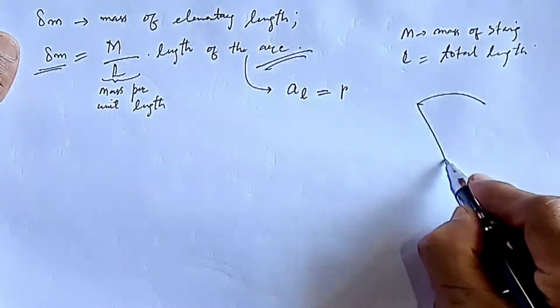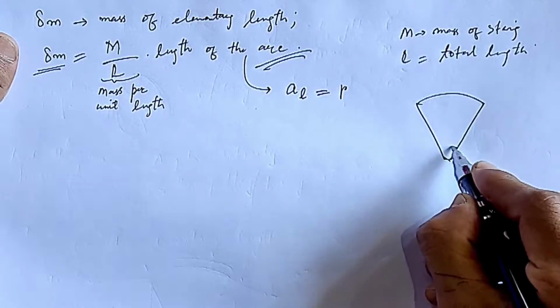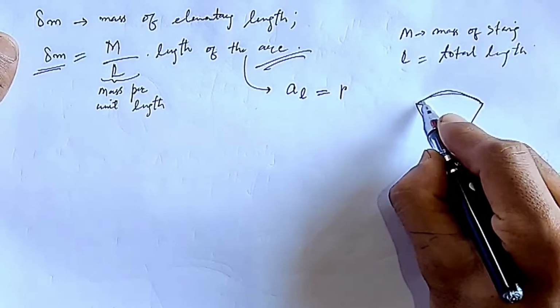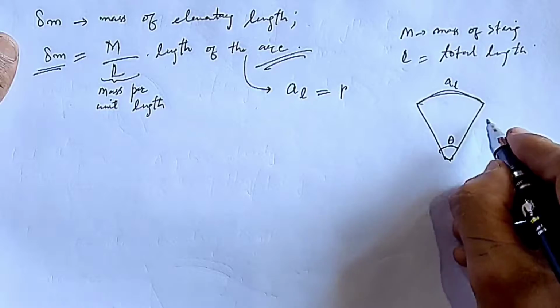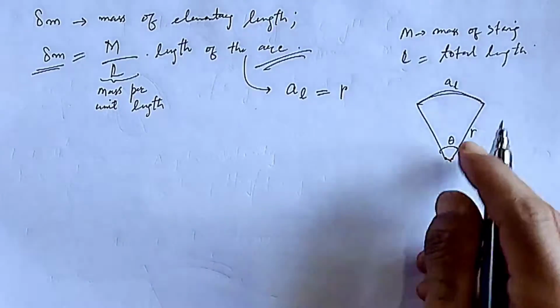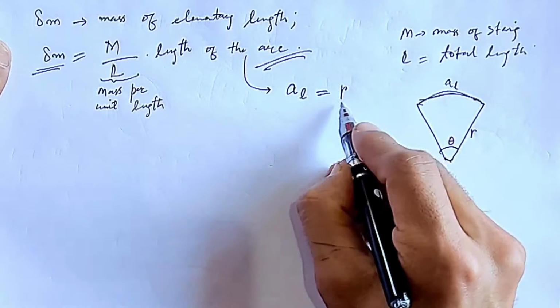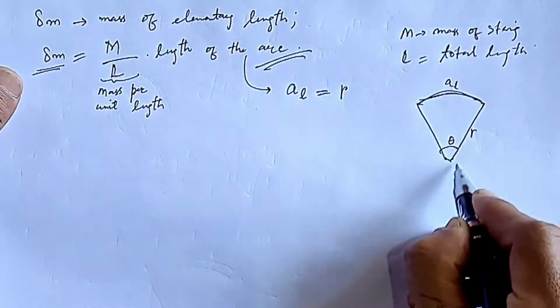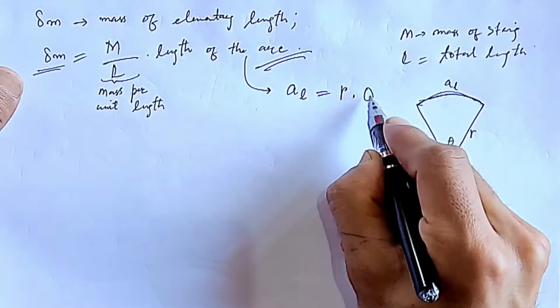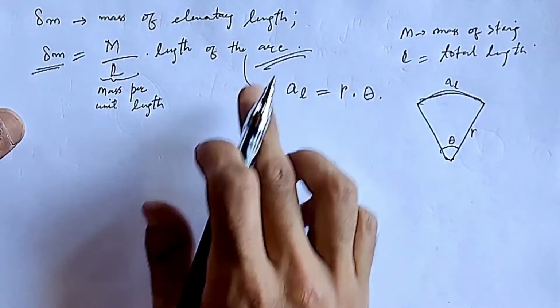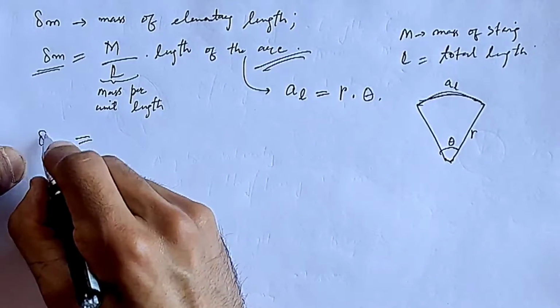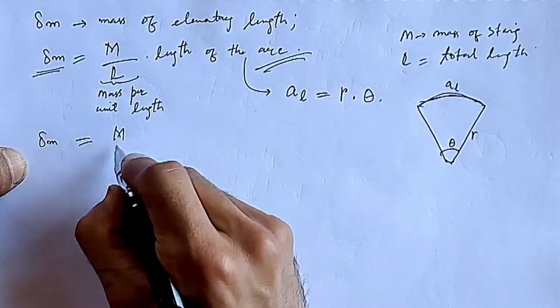For example, this is the arc, this is the theta, this is the arc length AL, this is the radius R. Then arc length for any circle is given as the radius of the circle multiplied by the theta. And here, delta m will be equal to m divided by L